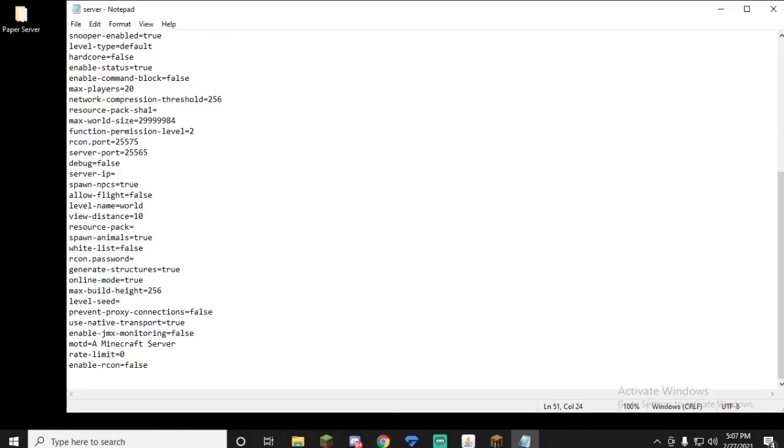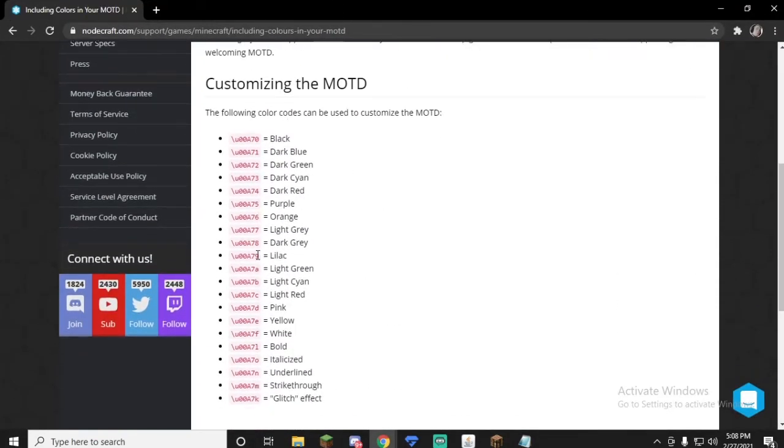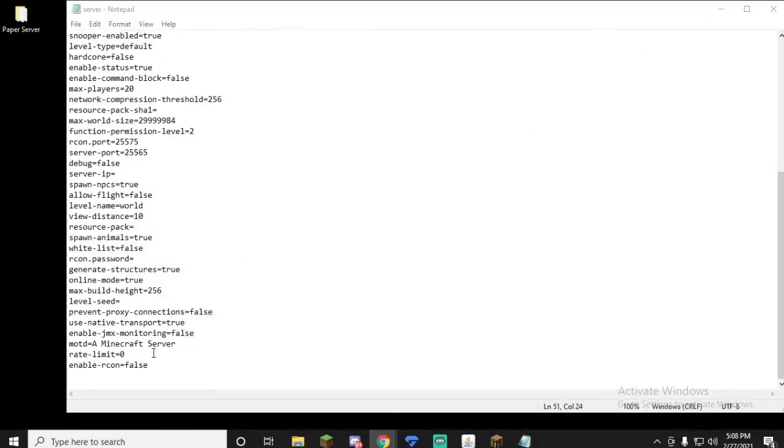See where it says a Minecraft server? I'm going to just show you guys something you can do. I'll also link this website in the description of the video. With this website here, it shows us all of these MOTD color codes, which right here, let's say we want to use pink. We'll copy this, go over here to our MOTD,